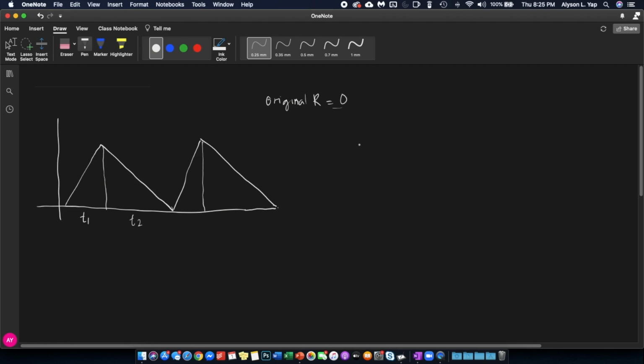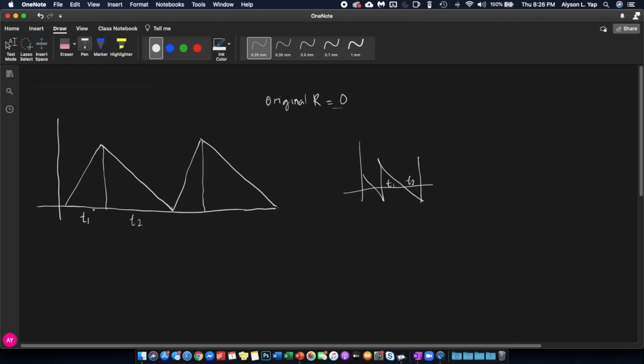Now, why do we need to identify the two different times, T1 and T2, in this case, versus model number two, where, if you remember a while ago, we didn't need to identify the two different times, T1 and T2? What is different now?